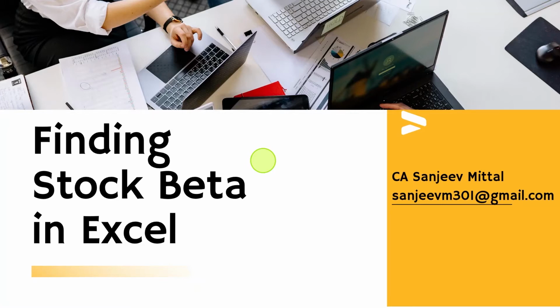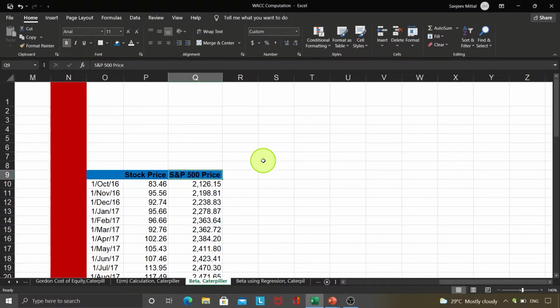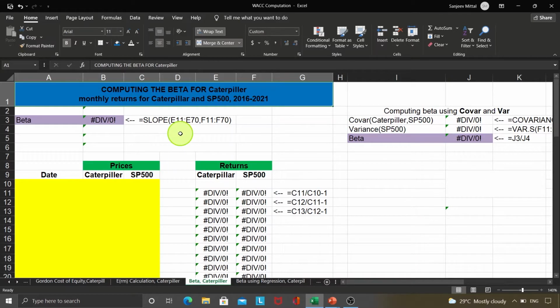I welcome you all. Let's try to find out the stock beta in Microsoft Excel. As we already know, we have downloaded the stock prices for Caterpillar Incorporation and also the S&P 500 prices for all the previous 5 years on a month-on-month basis. Along with that, I have prepared an Excel sheet for you, and inside that sheet we shall feed these details,